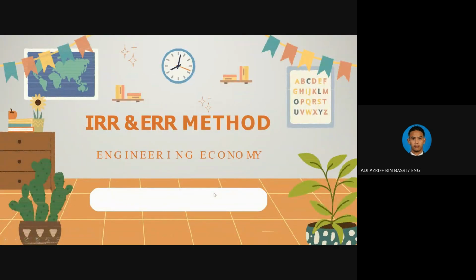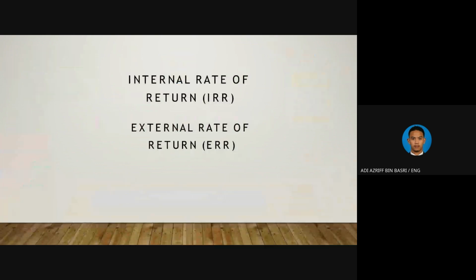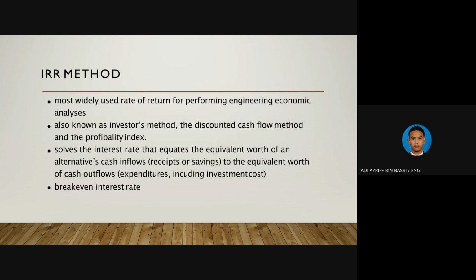Okay, the next topic is the IRR and ERR method for engineering economy. What is IRR? It is the internal rate of return, and ERR is the external rate of return. The IRR method is the most widely used rate of return for performance in engineering economy analysis. So this is the rate that you need to know in order to decide